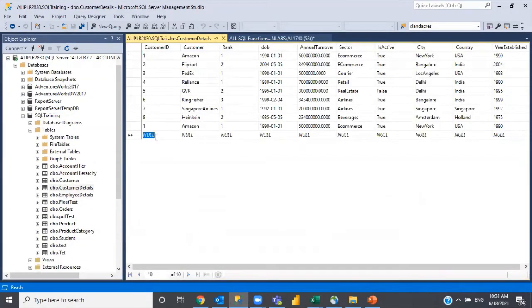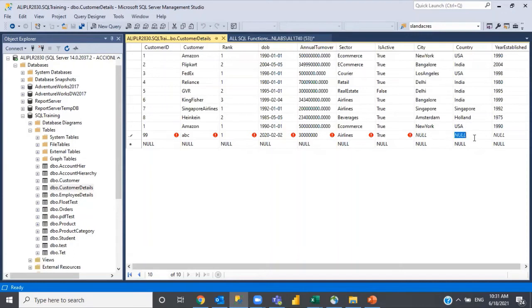Even if you want to try to enter this, you see it here. So I'm trying to keep this as a null.